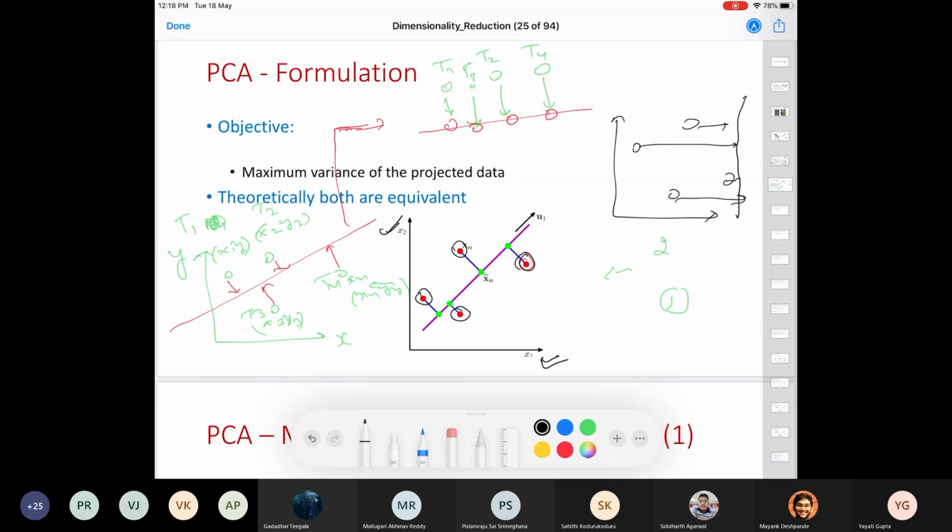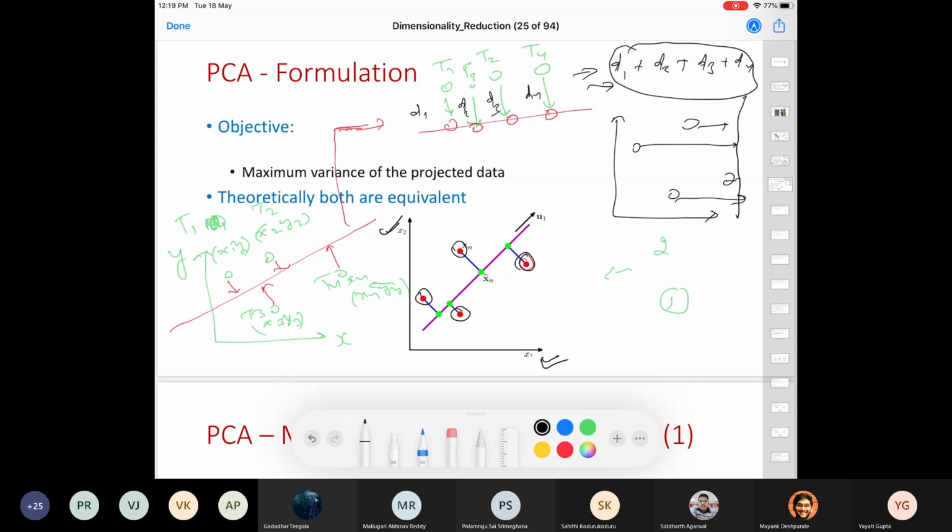Let me say the distance of T1 from this line is D1, this is D2, this is D3, this is D4. So the total distance across all these data points is D1 plus D2 plus D3 plus D4. In a certain sense, I am losing this much information while projecting these data points onto this axis. So in some context, you can visualize it like that. There is this much loss happening while I am projecting these data points onto this red axis.